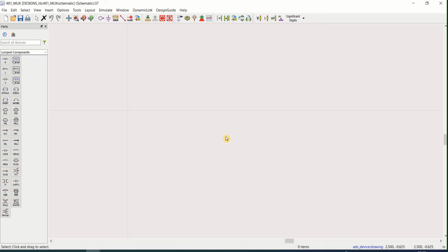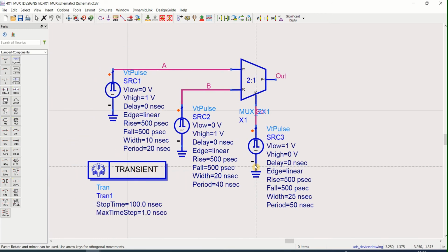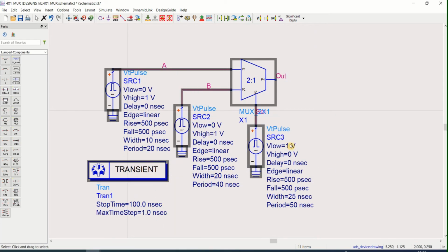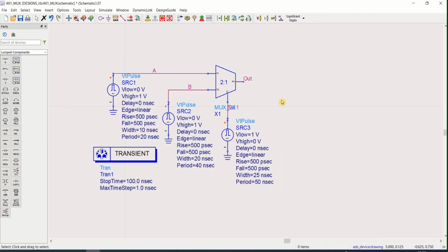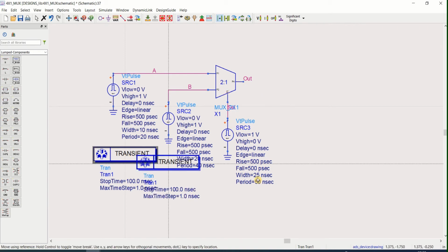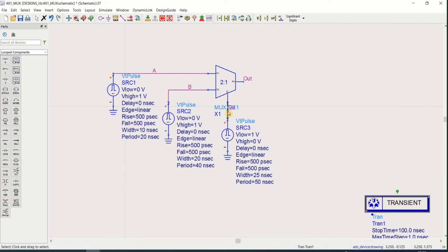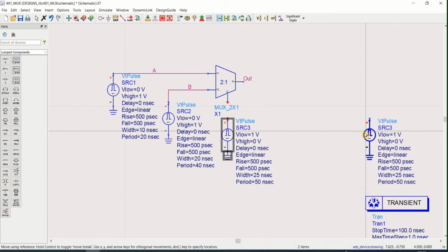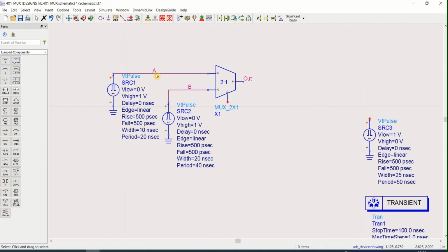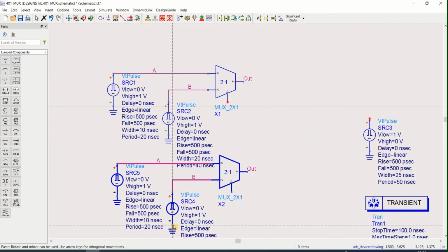Create one more schematic, place here. You require one more. And 2 selection lines are required. I'll keep this aside. Control C. I'm copying this.